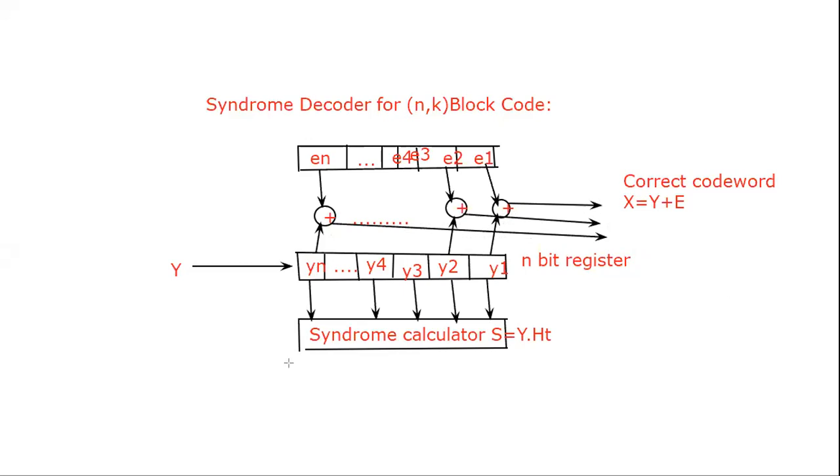Now here the point is not completed. Now you will get the S with the help of the received code vector and the transpose of the H. After getting the syndrome vector S is equal to y into H transpose, what is the next step? Please open those 4 steps once again. Please open that. Finally, one more box is there.